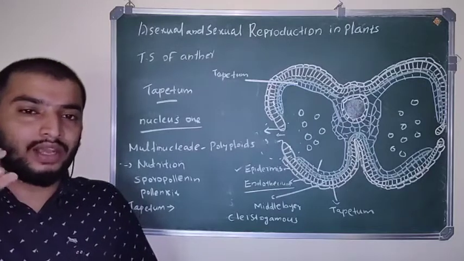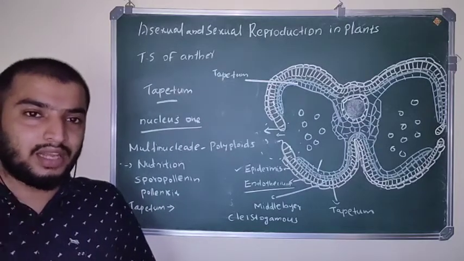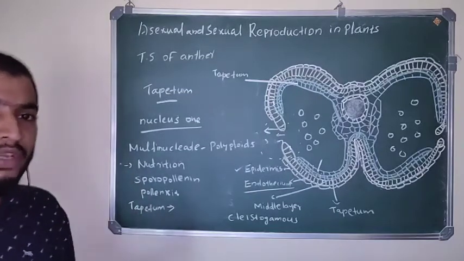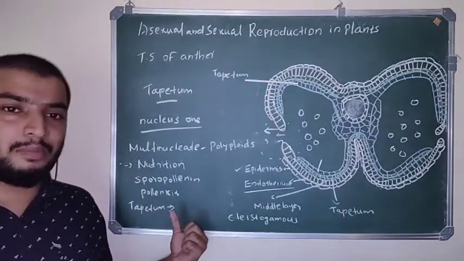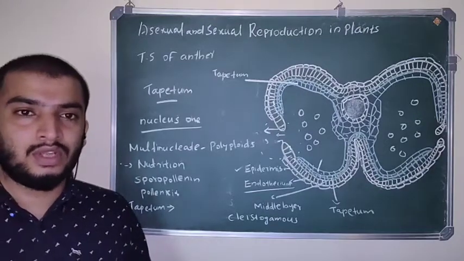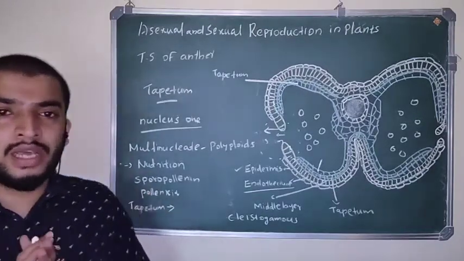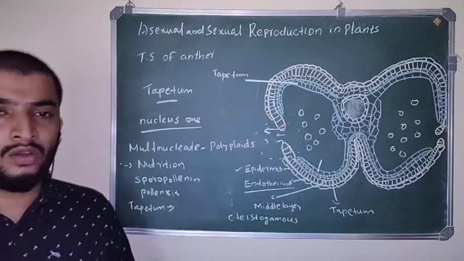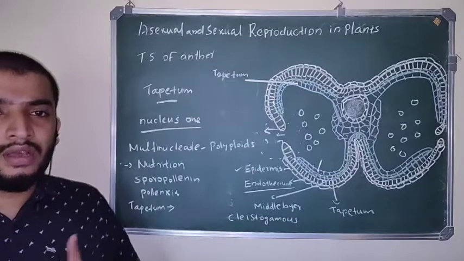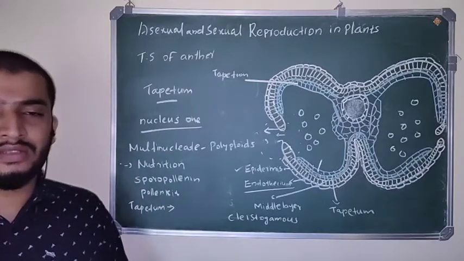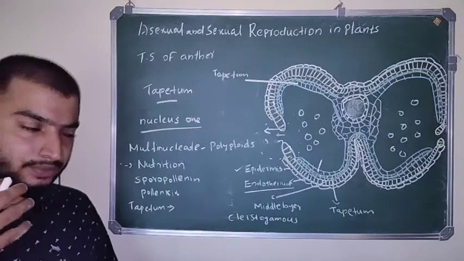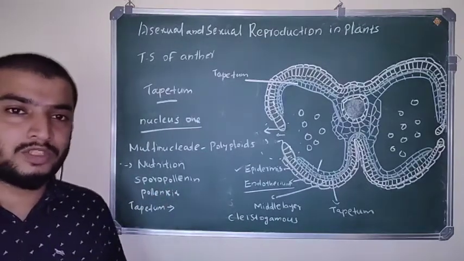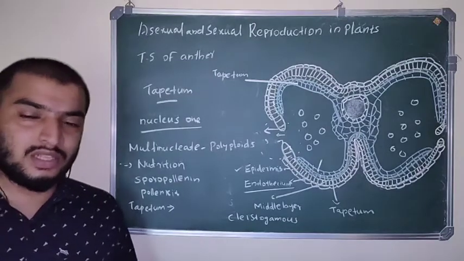Because the pollen grain produces some enzymes, and those enzymes are responsible for the rejection of the pollen grain. For the formation of those enzymes also, the tapetum cells help. So tapetum is the innermost layer of the anther wall, which may be multinucleate or with a single nucleus, and may develop from the connective tissue or the peripheral layers. Their major function is nutrition for microspores and pollen grains and sporogenesis, etc.